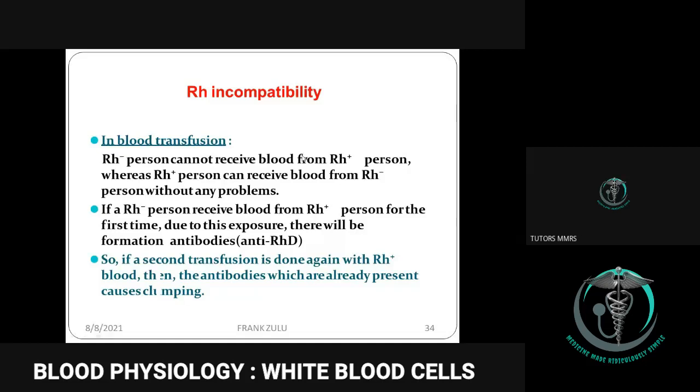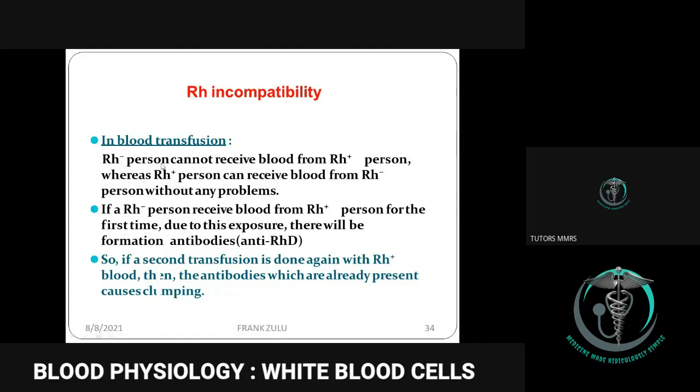Yeah, I think I got your point. If you remember from your blood group system, RH negative people are capable of producing antibodies against the D antigen which is present in the RH positive person. Therefore, if you give blood to this person, the antibodies will attack it and cause agglutination. The only difference between the ABO system and the RH system is that in the ABO system,